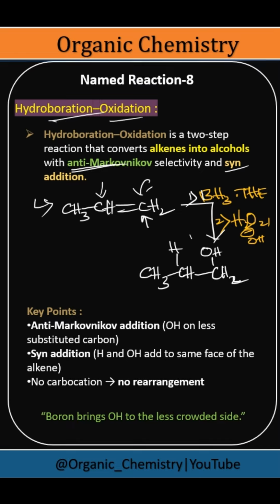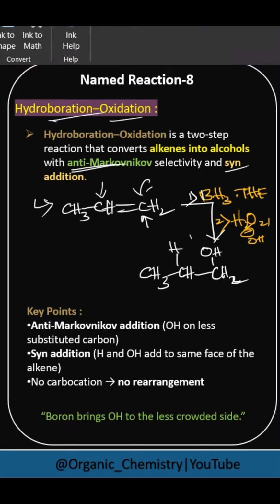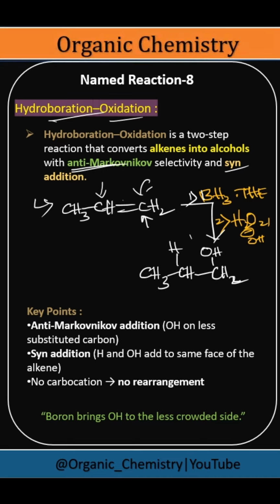particular alkene. Alright, so this is how the reaction occurs, and you don't need to go through the whole mechanism in order to write the product. It's just simple addition of water. So I'll tell you a short trick. See, just break this bond and add OH on the less substituted carbon. So add OH over here and add H here, and it is a syn addition.